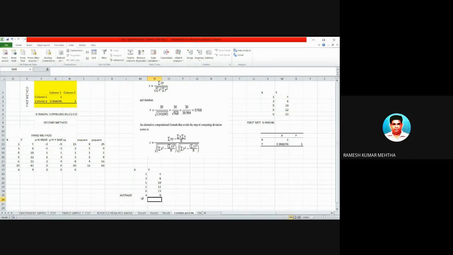So this is the average of x and the average of y. I have got a new column also, average y. So this is 4 and this is 9.